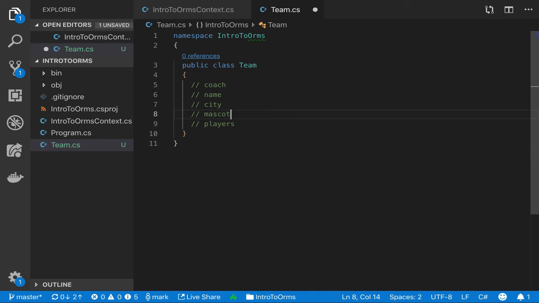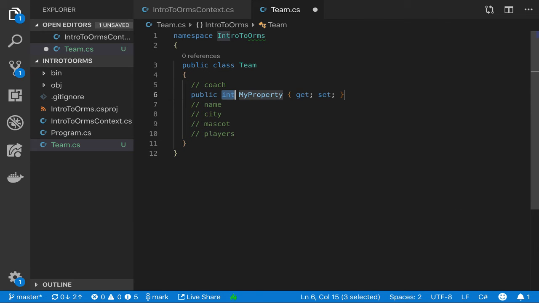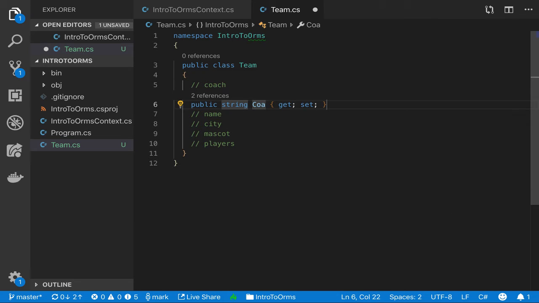So here's our team, right? We can probably add some more stuff to it, but this is our database table. This is what we want to store inside of our database about a team. But we're going to take those ideas and now think in C# terms. These are no longer columns on a table. I mean, they are. But really, we can think of them as just properties on a class. So we're going to add a coach property, string coach,